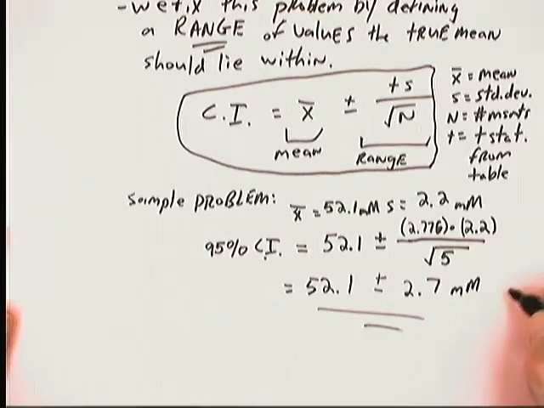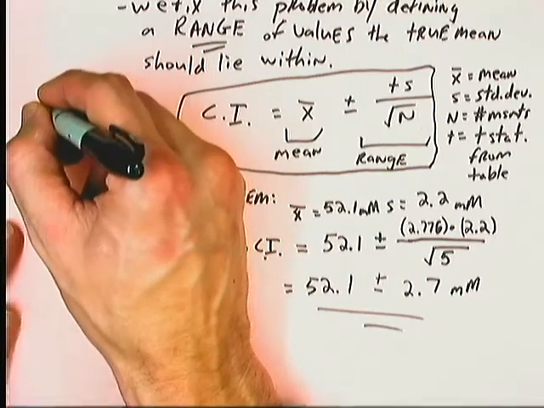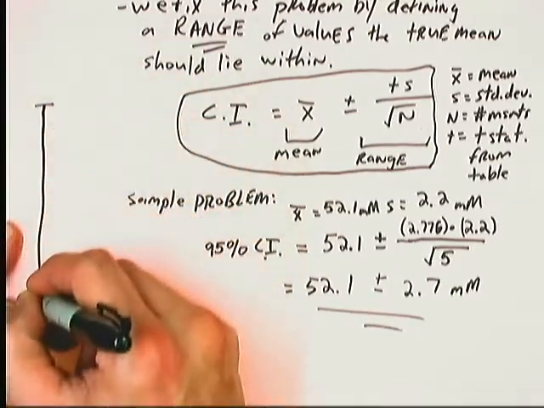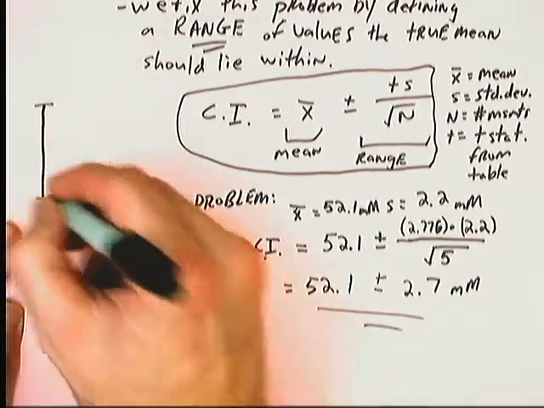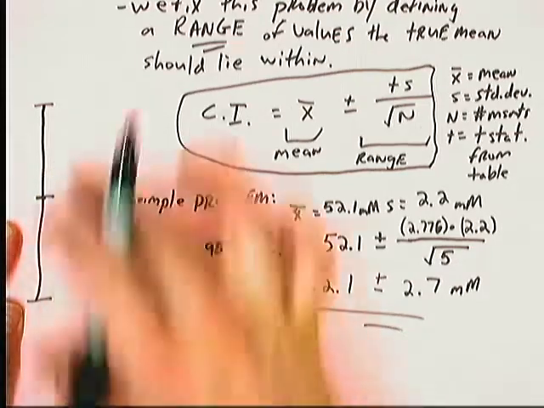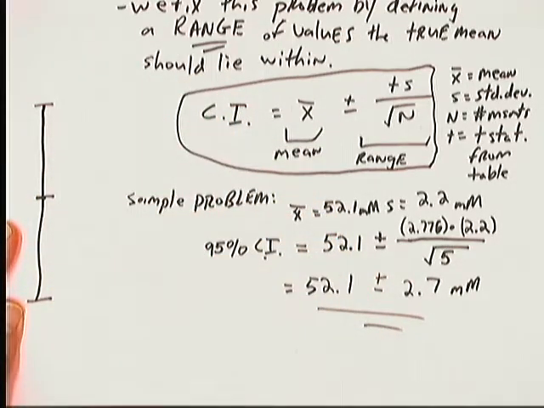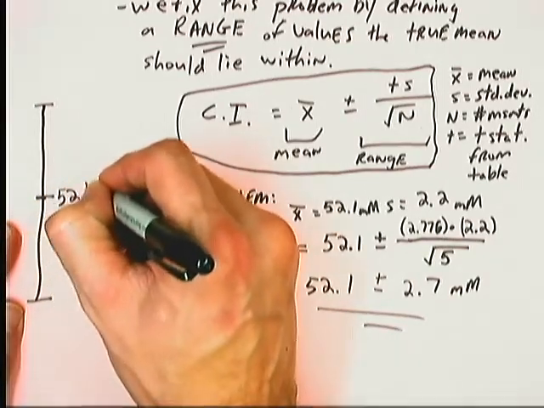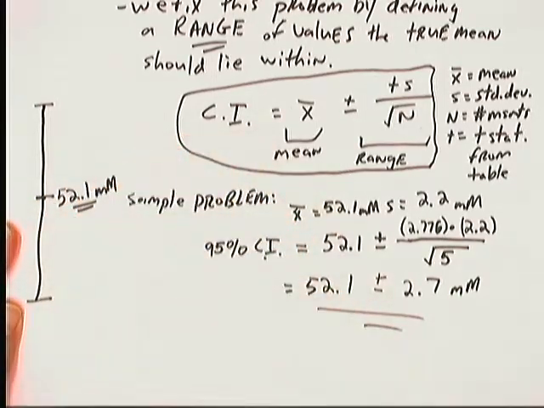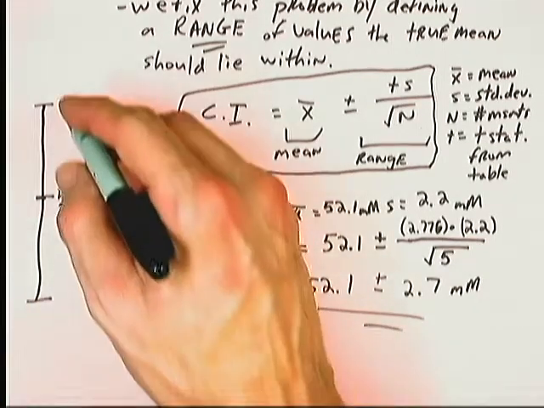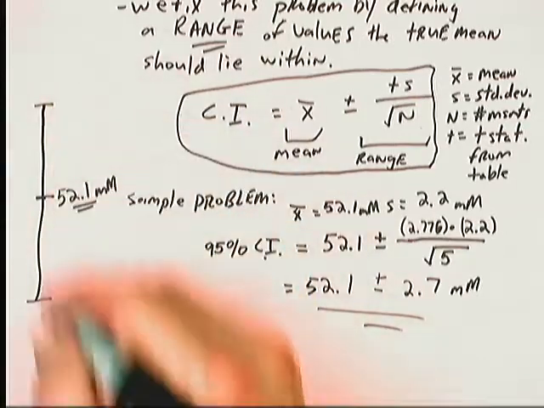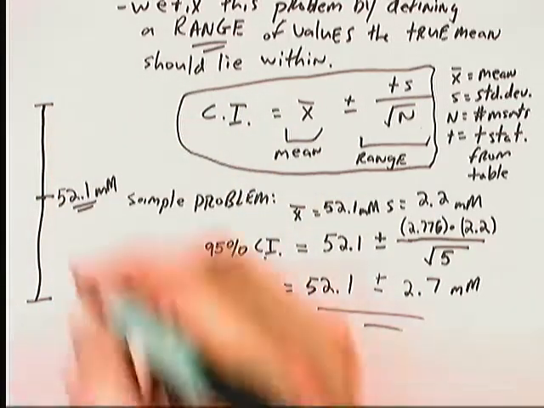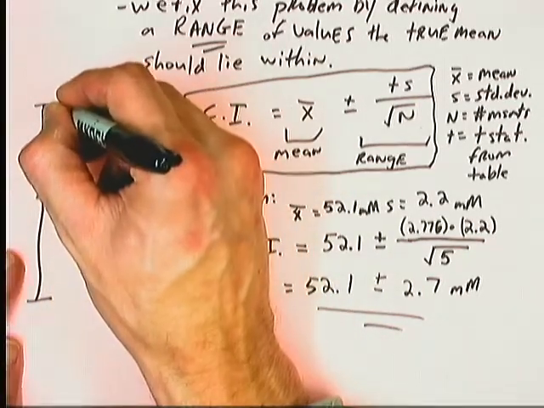Now what does this mean? That's our confidence interval. What does it mean? Well, I like to think of it this way. I like to draw myself a little sliding scale. At the center of that sliding scale, I put my experimental mean. I can have higher values or I can have lower values. This is the magnitude of the value axis, basically. And the fact that I computed this interval